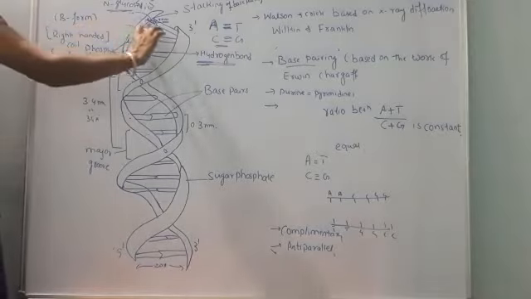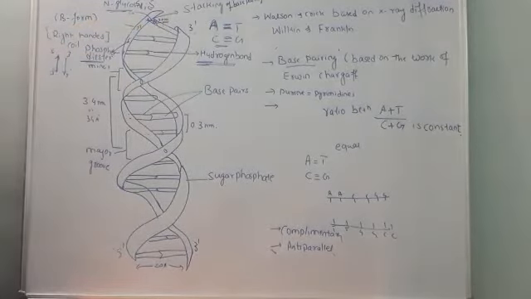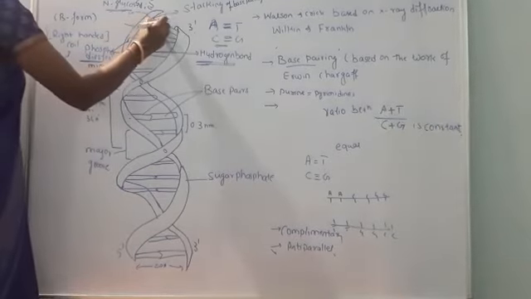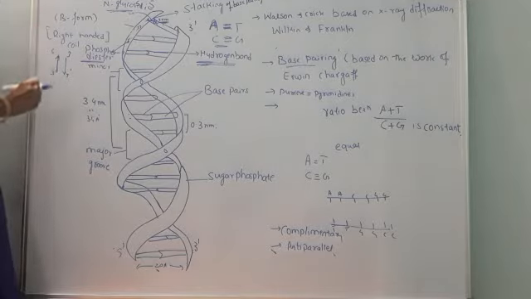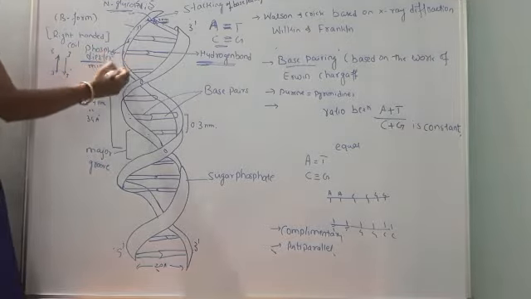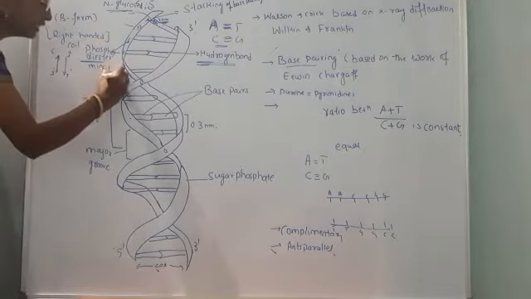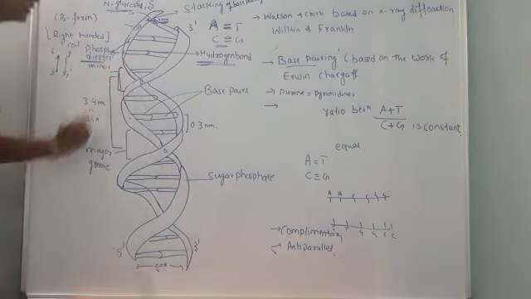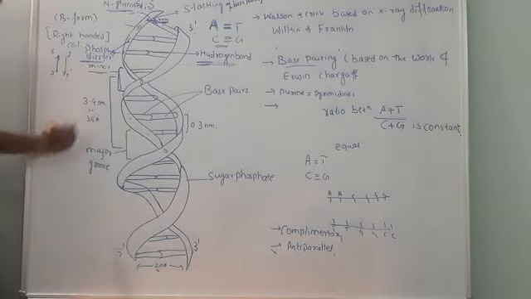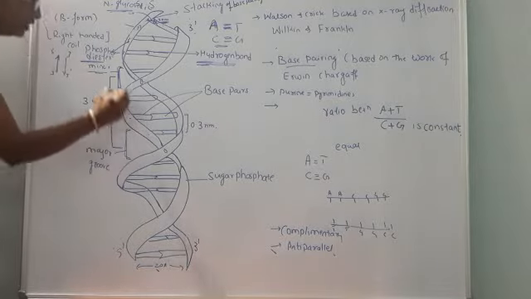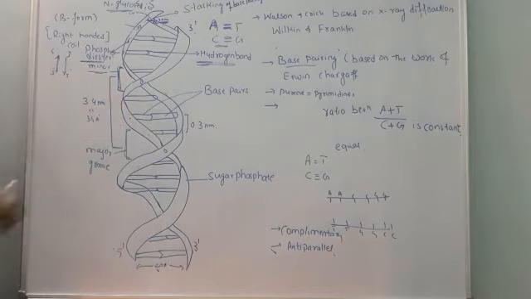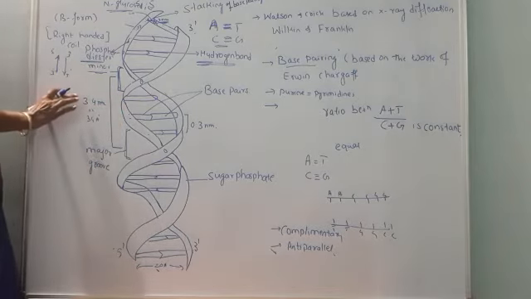Next, what is the diameter of the entire DNA? If we measure the diameter of the two DNA strands, it measures about 2 nanometer. If we convert that into angstrom, it becomes 20 angstrom. Now, the DNA is highly twisted, having a number of grooves. As you can see here, a small groove is there, known as the minor groove, and there is a major groove. So two kinds of grooves are present in the DNA strand.